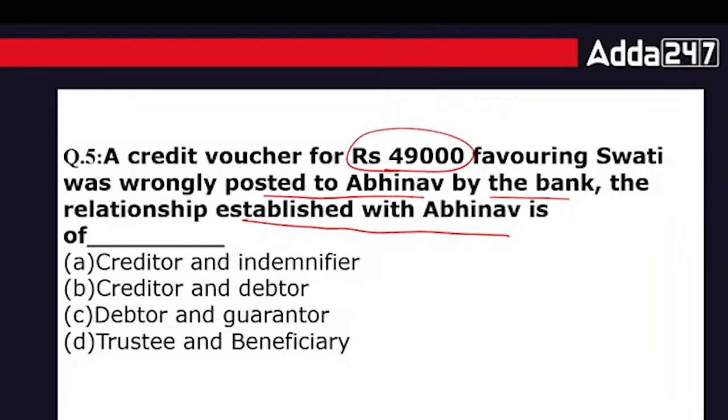Here the answer is creditor and debtor. What kind of relationship will be there? That is creditor and debtor. This type of relationship will be built. Creditor and debtor, because the 49,000 which is the credit voucher for Swati was wrongly posted to Abhinav. So what kind of relationship will be there? That is, one is creditor. Bank is creditor and Abhinav is the debtor. Now the next question is,